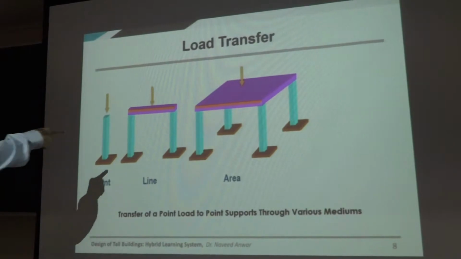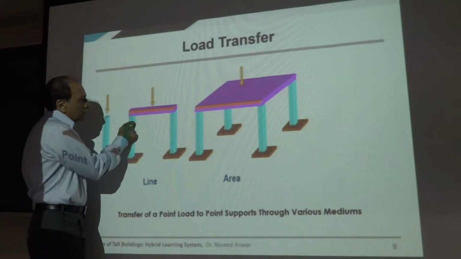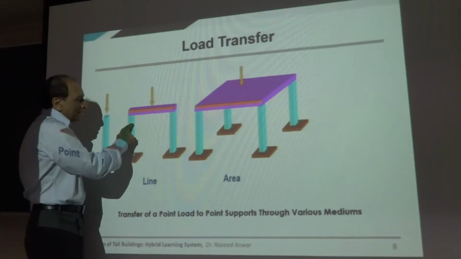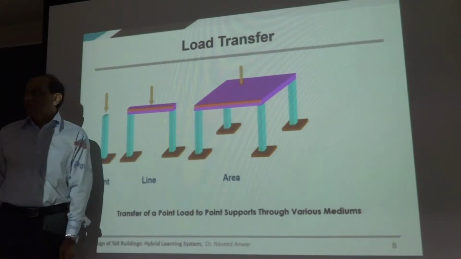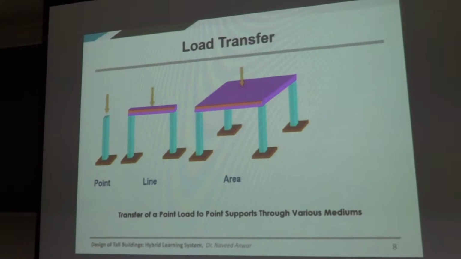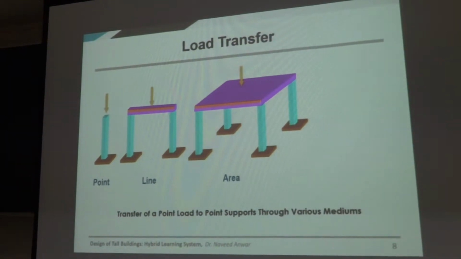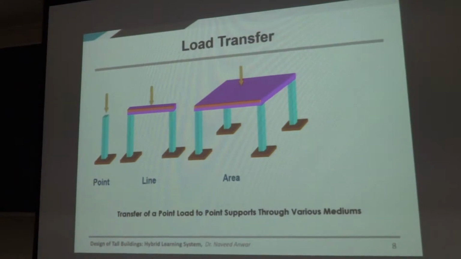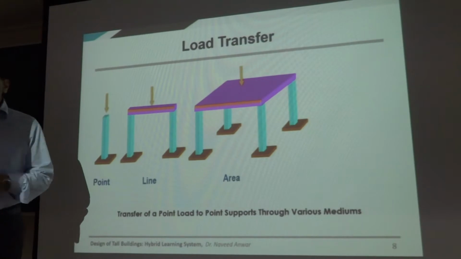So the load going to them will not be equal even though the distance is equal. So even if you put the load in the middle, if this column is bigger than that, this side bending moment will be more and the reaction will be more than that side. So even the reaction will be based on the column stiffness and not only on the geometry. So stiffness is the key in determining the load transfer